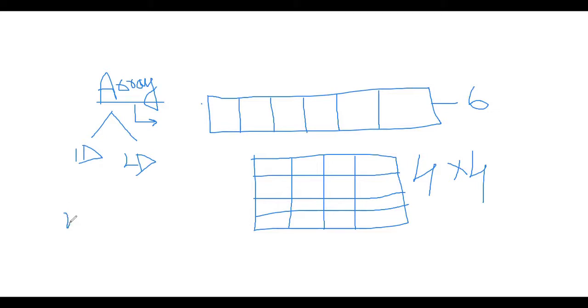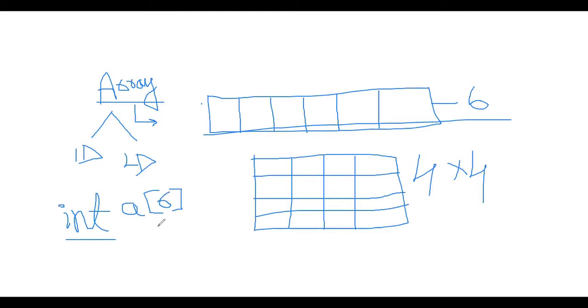So in order to define an array, we write a very simple thing. We first of all define the data type of the array. If we need to define this array, what do we do? We define the data type of the array. We say like int, which is the data type of the array, and a, and in the square bracket we give it the size. So size is 6. So we say that it is an array of size 6, right? And then we can do equal to, and inside the curly bracket we can write all the elements.